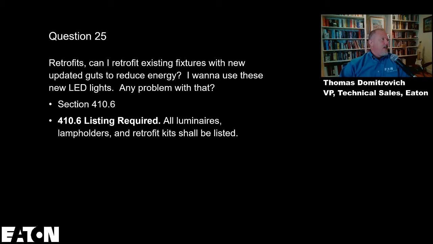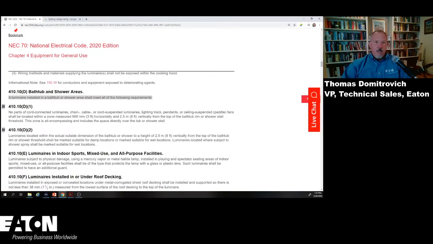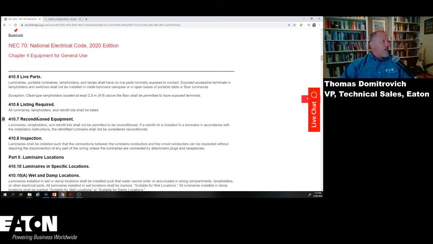410.6, let's take a look at it. So we go back to chapter 4, and we go to 410. We're going to look at 410.6, Listing Required. All luminaires, lampholders, and retrofit kits shall be listed. So, to our earlier point,